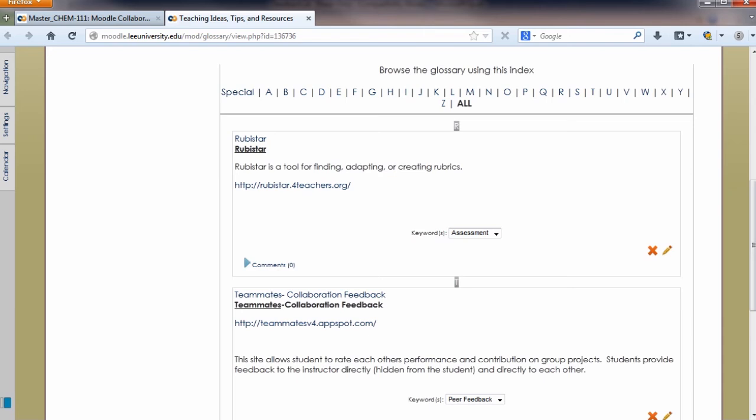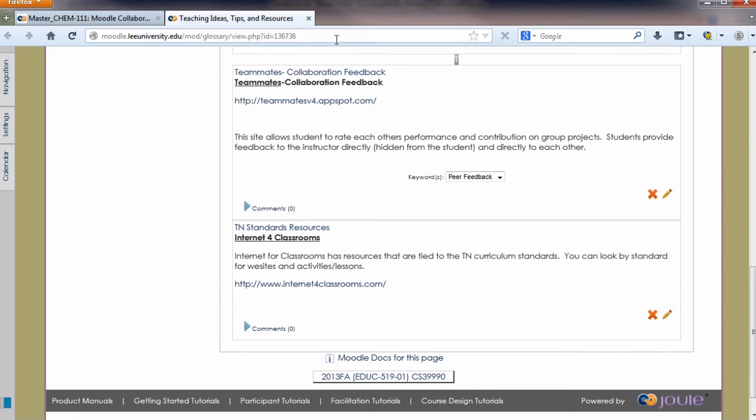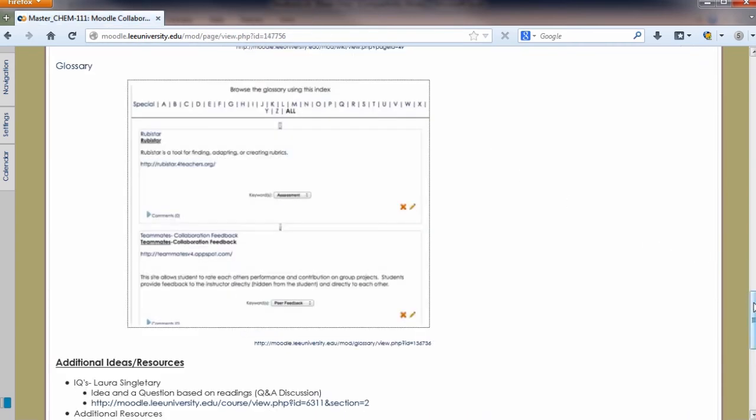My physical science students also do a project on atoms and the history of atoms, and they do that in a glossary format, but they're just starting that now. So I checked this morning and no one's actually posted in their glossary yet. So these are ways that then other students can go back in and see. With Dr. Singletary's class, we also use